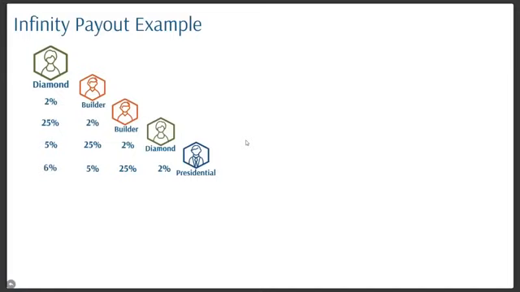Okay, so everything is looking good, exactly how I showed in the previous example of all the ranks and which percentages they get paid. So diamond, we said, okay, they get paid 4 percentages. These first 3 would be the levels, and this is the very first generation. So if we go from the top down, which is how most people look at their downline organization, from where they are down, right? So 2, 25, 5, and 6.